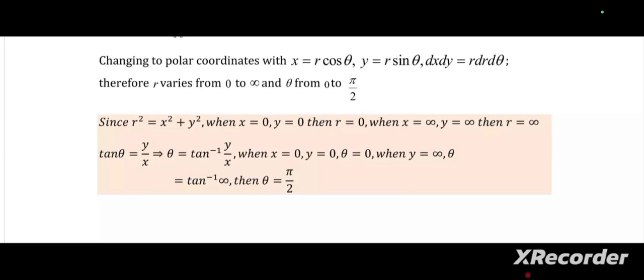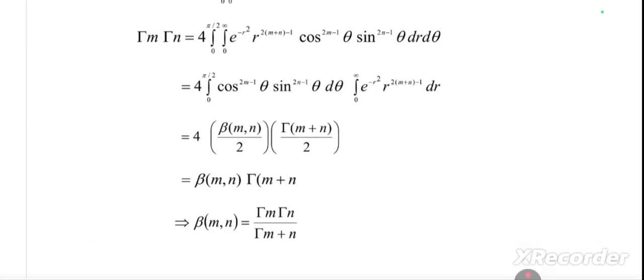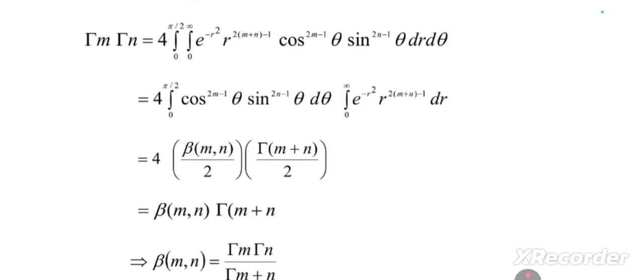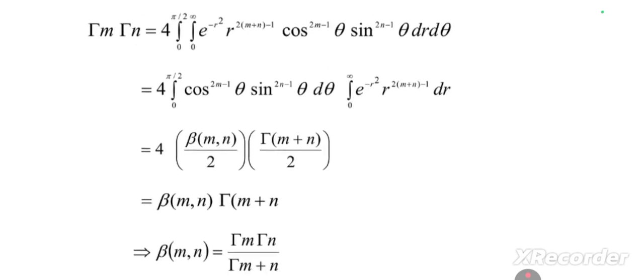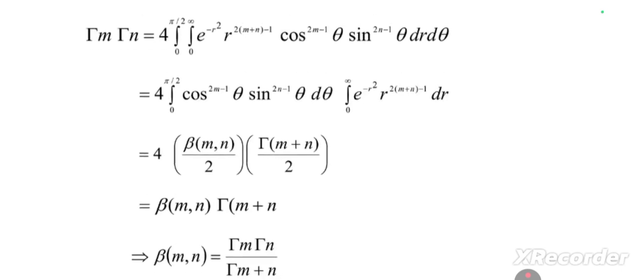When you substitute the theta value pi by 2, we will be getting the tan value infinity. So the limits change as, for theta 0 to pi by 2 and r 0 to infinity. Okay. Now change this into polar coordinates. Gamma m gamma n on the left hand side. On the right hand side, 4 times